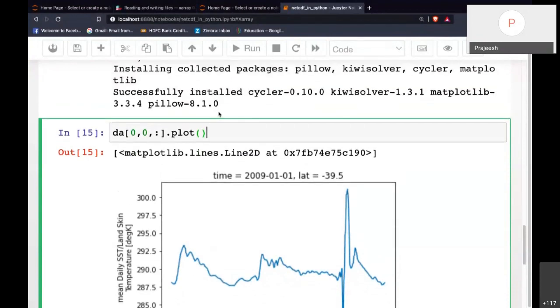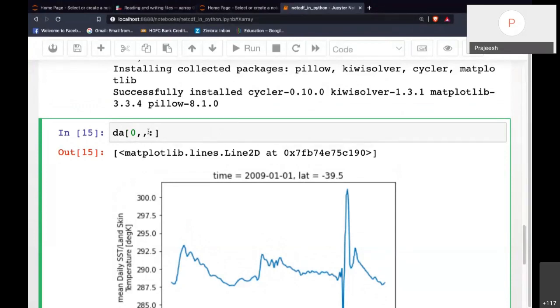Now you can also do slicing of this data set. Slicing or subsetting can be done in various ways. One is the regular way, using the indexes.